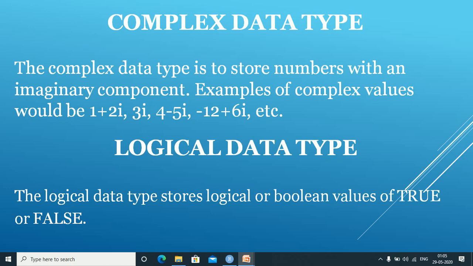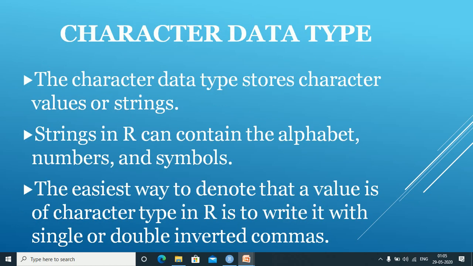The small case true and false are not considered as your logical data type. So whenever you are making use of TRUE or FALSE, T or F, they have to be written in capital letters only, right? The next that you have is the character data type.